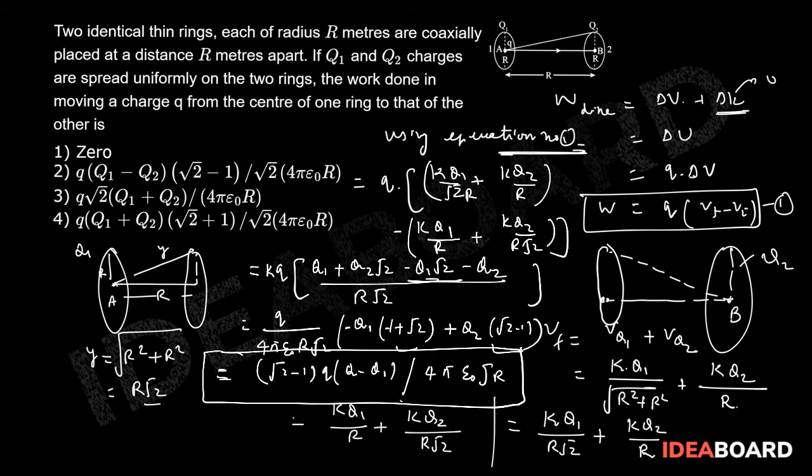Now here you can see I am getting q2 minus q1, but there is no option which is q2 minus q1. One option is q1 minus q2. There is no problem at all, because it depends on the magnitude of which charge is smaller and which is larger. Suppose q2 is greater, then obviously this value will be positive. They have just taken U initial minus U final, but the right format will be U final minus U initial only. So if there is no option available, then option number 2 should be the right choice. Okay.